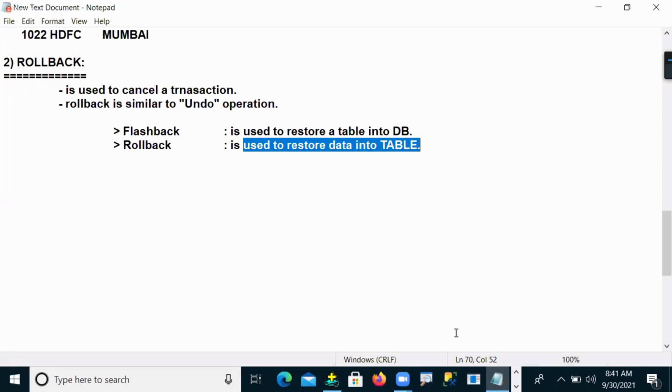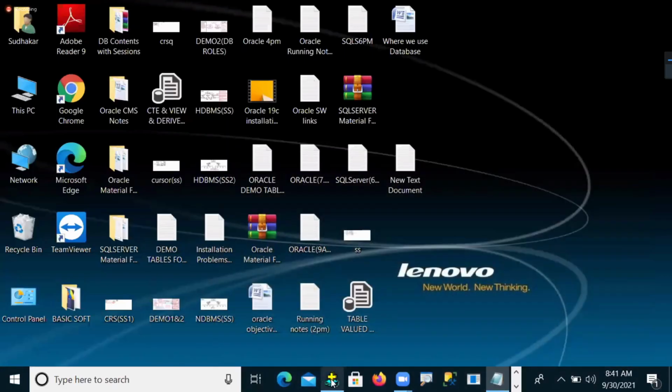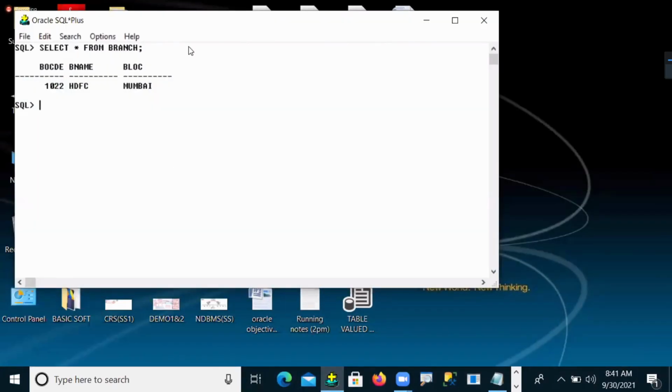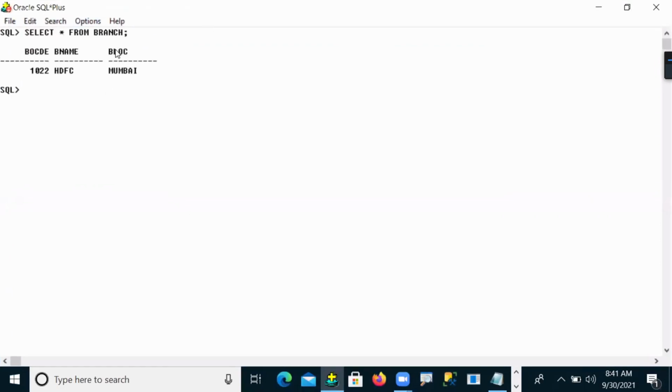Now, how rollback works, you can see one example. This is my present table position. In my branch table, I have one record: 1022 HDFC Mumbai. This is present data and permanent data.